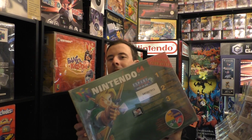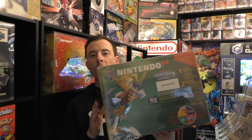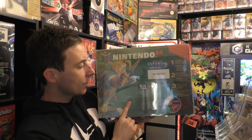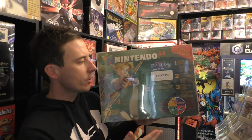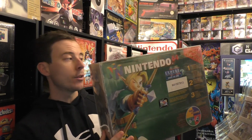And at number 2, this Zelda Ocarina of Time Nintendo 64 edition. To snag this was bloody just mind-blowing when I managed to get this. So a little bit of a backstory. This was like a Belgium exclusive console, and you got this code, I think, and if you sent that code into Nintendo, you got like the game or something. There's very little information about it out there, but that's basically the story I know,